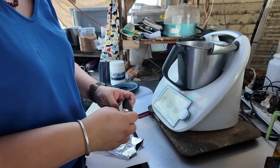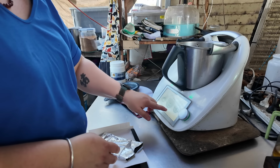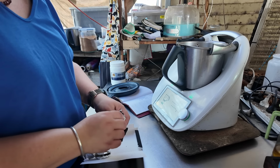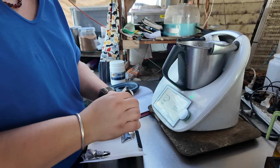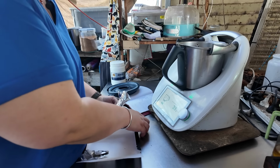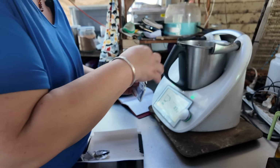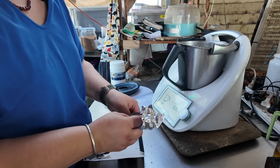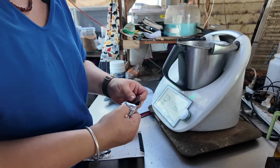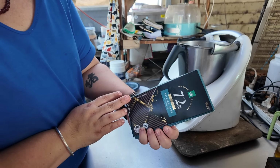So the goal is to fill a couple of Ninja Creami tubs at a time with the custard. So I make a bigger batch in the Thermomix and then split it into different bowls. So I've got 100 grams of dark chocolate here. It's not sugar free, but it's pretty low carb, so it'll be fine. I'm the one who eats most of the ice cream anyway, not Darryl, but it's just the Woolworths 72%, and